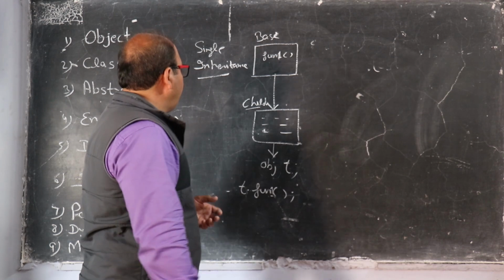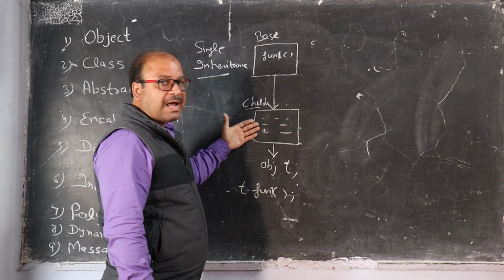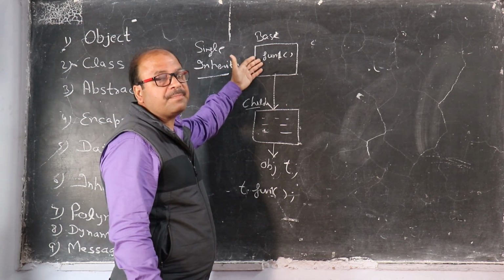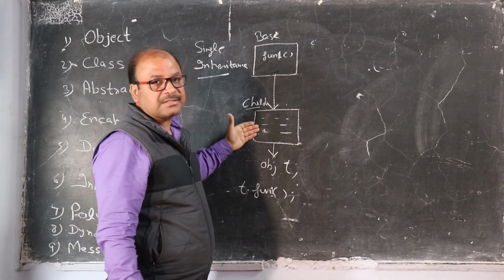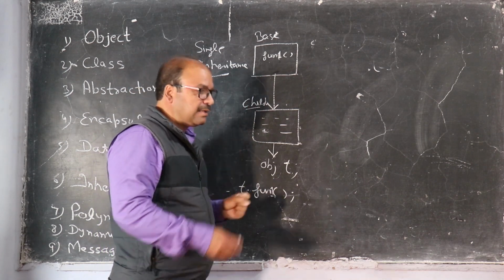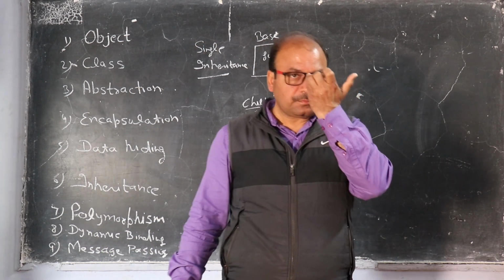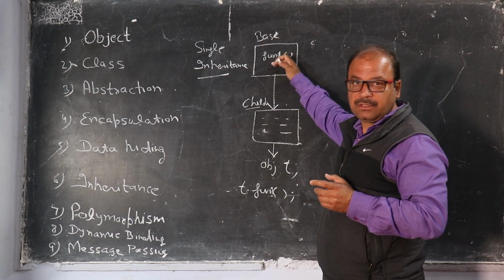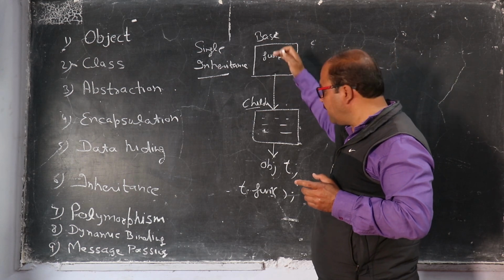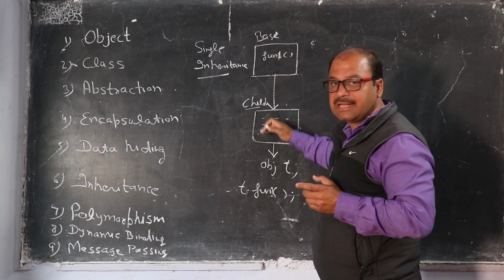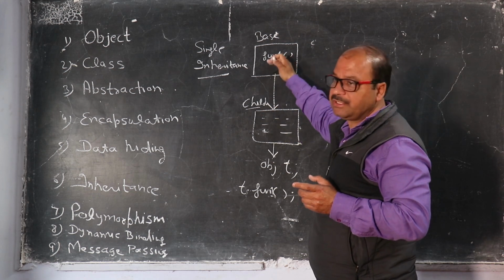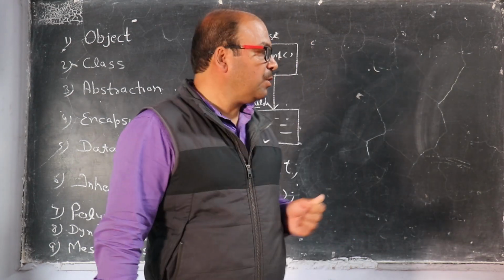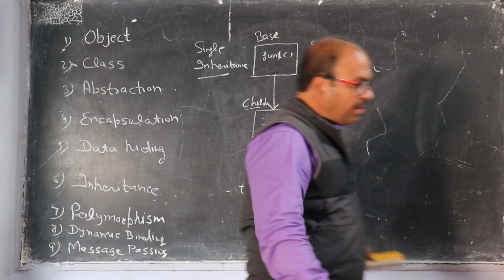So, when the property of a parent class or the base class is acquired by its child class, then it is called the inheritance. If there is a single inheritance, means one class which is having some function, then another class derived from this base class which is not having that function, and we are accessing that function through the object of the derived class. So this is called single level of inheritance.